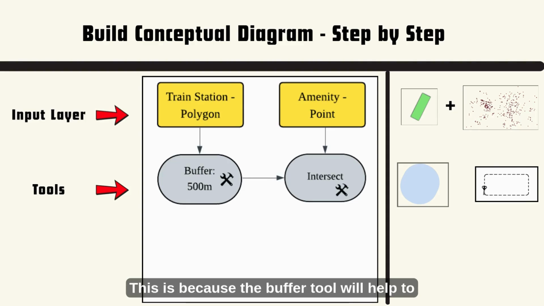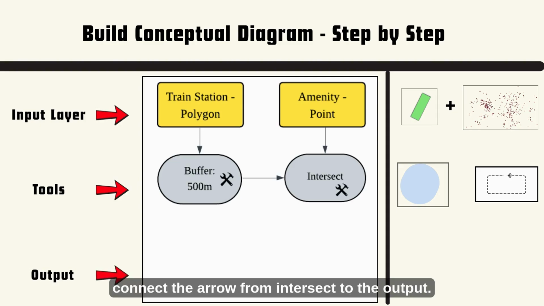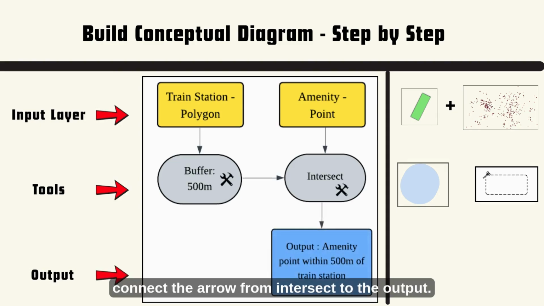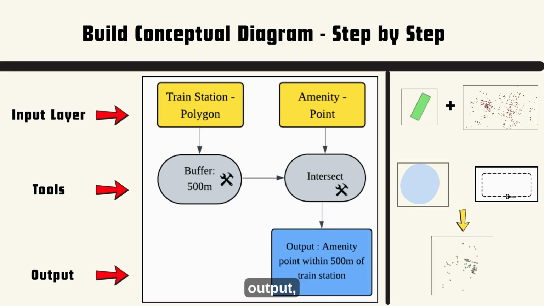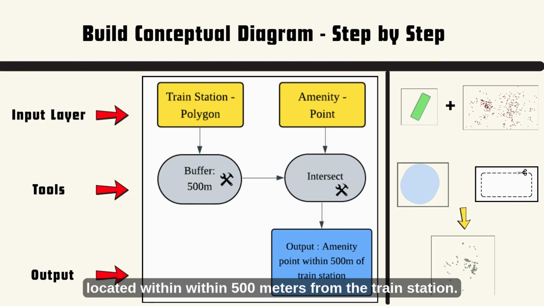This is because the buffer tool will help to locate train station within 500 meters, while the intersect tool identify which amenity building fall within the buffered area. Finally, connect the arrow from intersect to the output. This indicates that we finally get our final output, a layer showing only the amenity building located within 500 meters